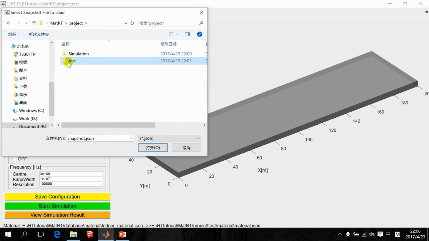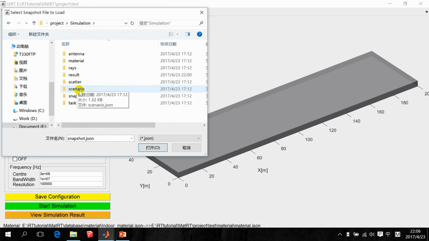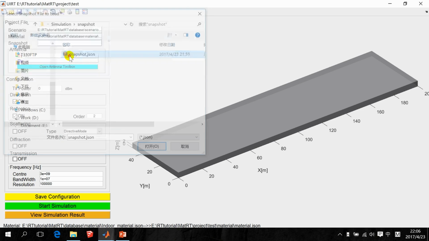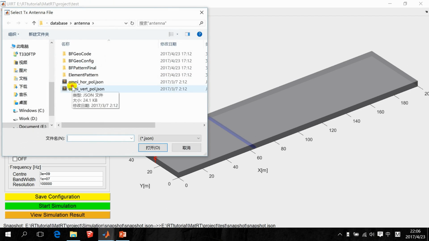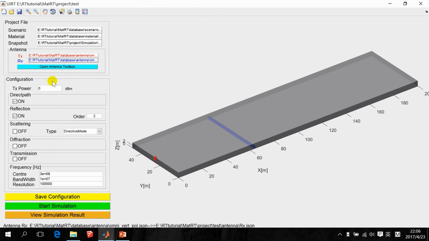So in this project, there's no snapshot, but we can use the previous one. For the antenna, we also choose vertical polarization. Transmission power, we can set to 15 dBm. And